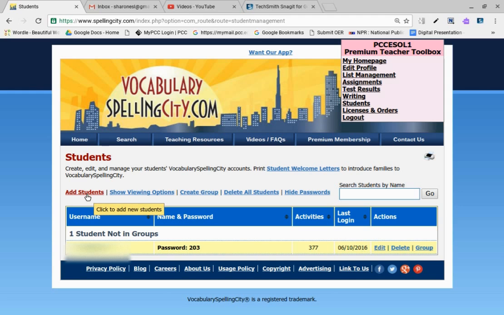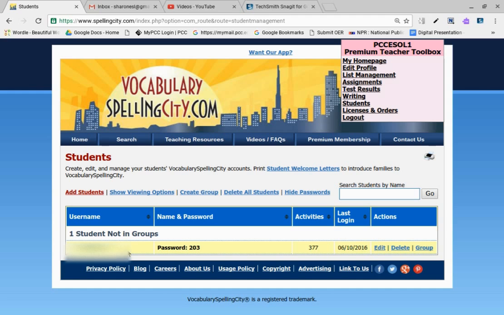You click this button here, and you can see that I usually give the student username, their first name, and then a number, like the number of the room. And then I set all student passwords to something very simple. They can all be the same.